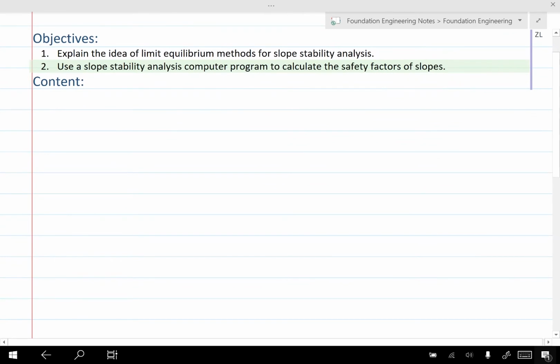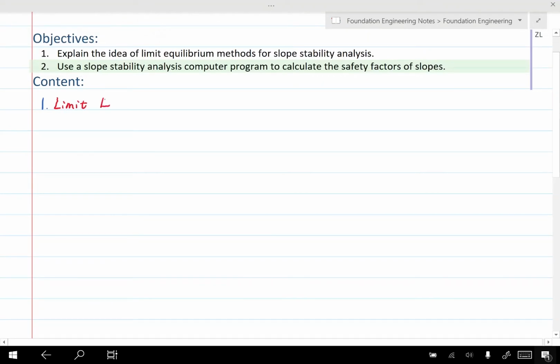So we will first talk about the limit equilibrium methods, and then I will very quickly go through two other major categories of slope stability analysis methods. Finally, we will have a demo to show how to use that computer program. Let's take a look at